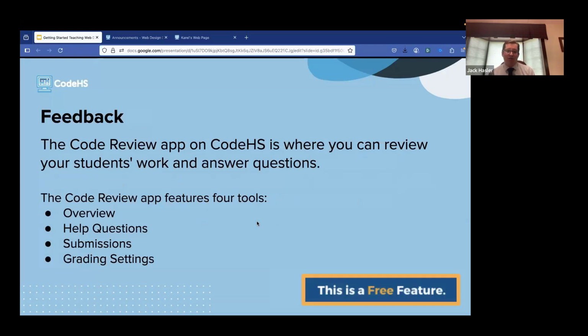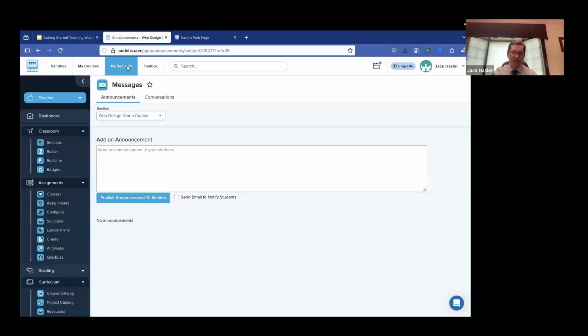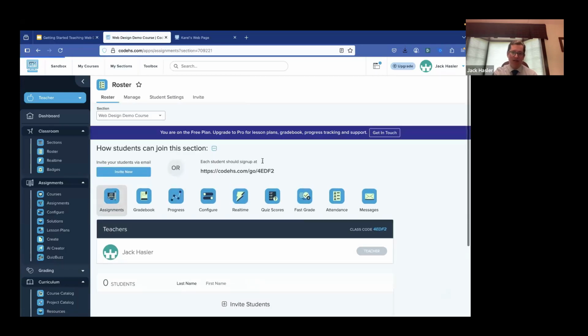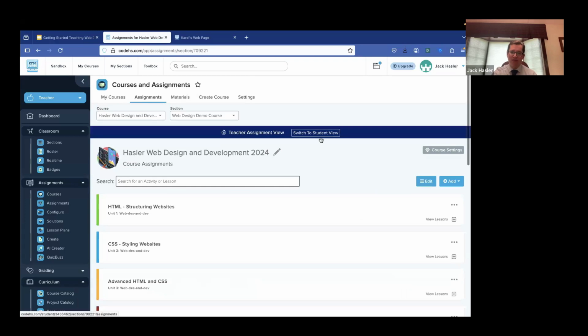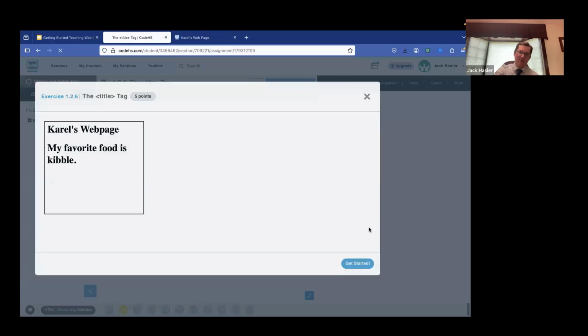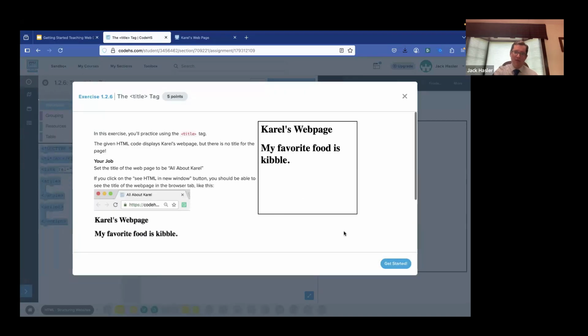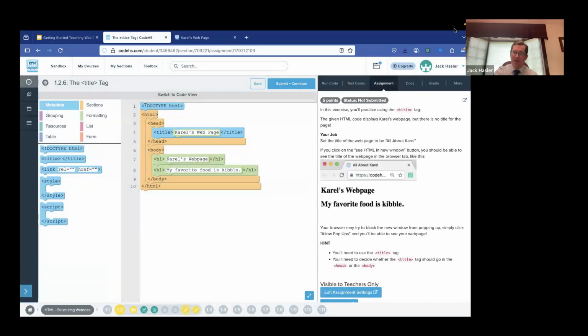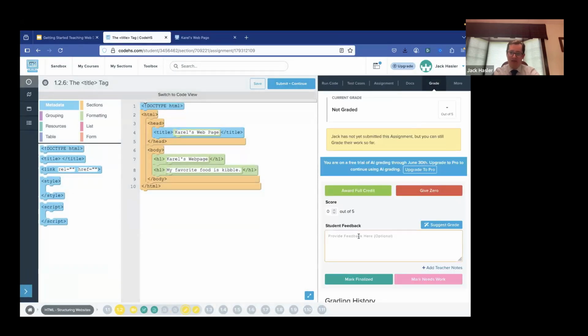And then no matter what, you can always provide feedback and code information to your students. I showed you this briefly, but if you go to an assignment, so I go to my sections, I go to my demo course, and I might want to look at the student view for a particular assignment. Let's jump back into the title tag example from before. It does give you a pop-up of what the assignment is, but you can always see this again under the assignment tab there. But when you get into grade, you can provide specific feedback to your students. And even if it's something like great work,